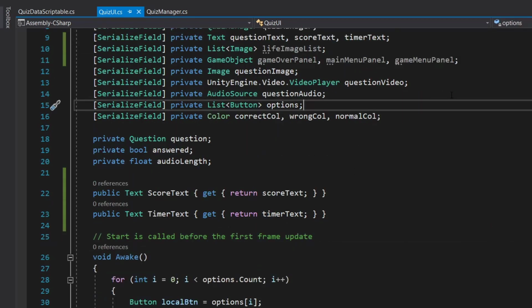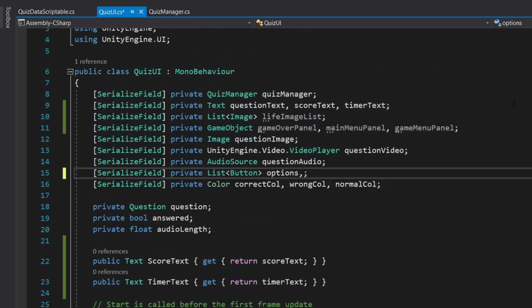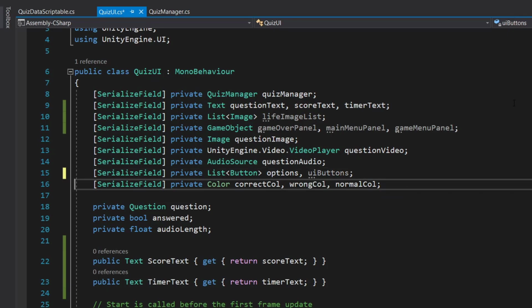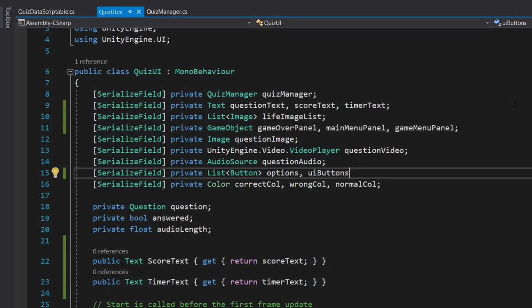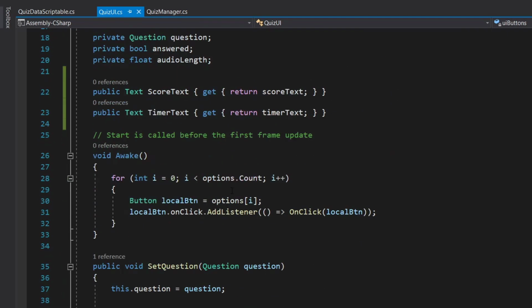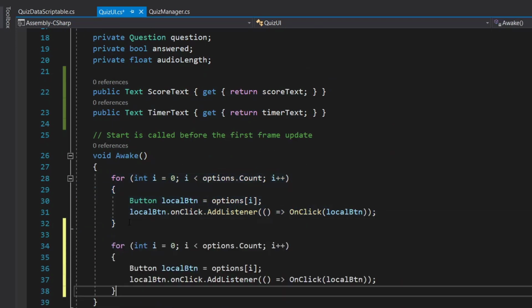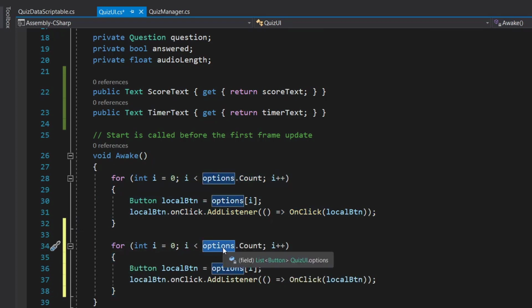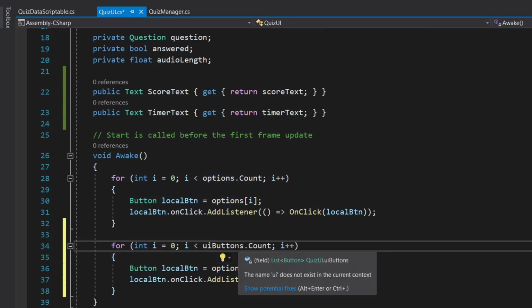Okay, and we also need a list of UI buttons. So we just created a new 3 buttons for our category. So we are going to assign it here, and as we have done for our option buttons, we are going to do the same thing for our UI button. Instead of option, this will be our UI buttons.